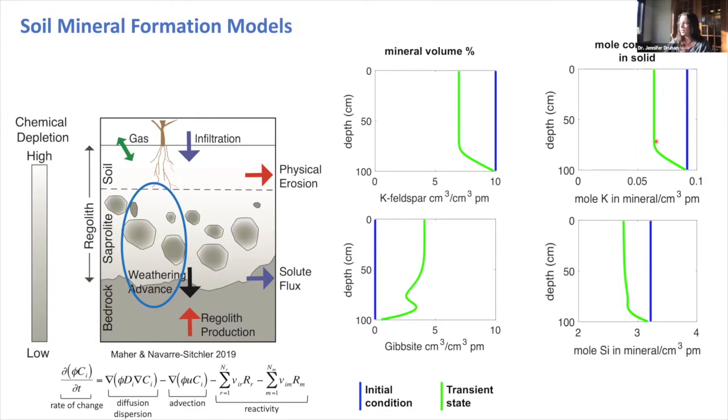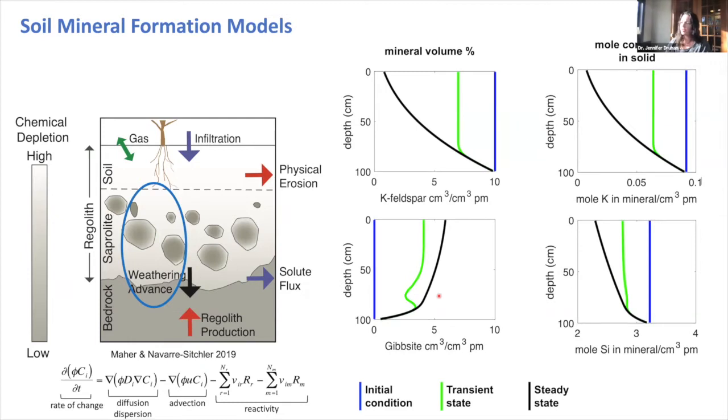You can see the same thing in the potassium, something kind of similar in the silicon, but silicon's getting influenced by a lot of other minerals also present in the system. You can see some really fun wiggles, some fun nonlinearities that appear in these models as this secondary mineral, among a variety of other secondary minerals, battle it out in terms of who gets to form in these locations in the simulation. But eventually we hit something that's really pretty smooth and stable and at a steady state,